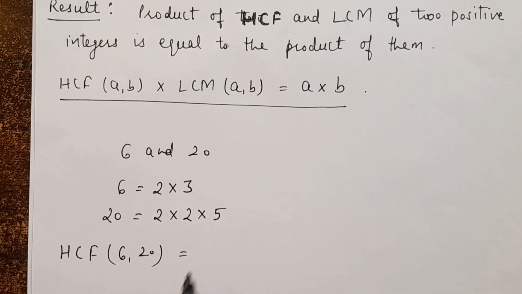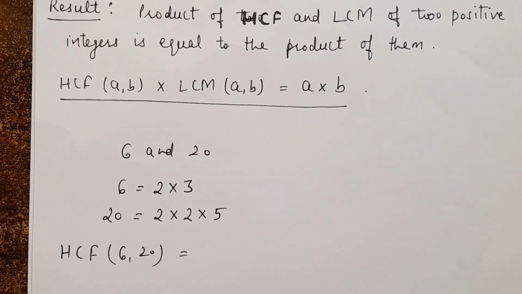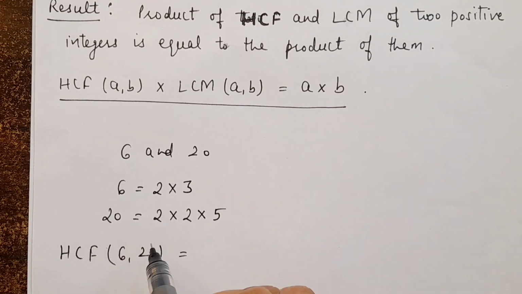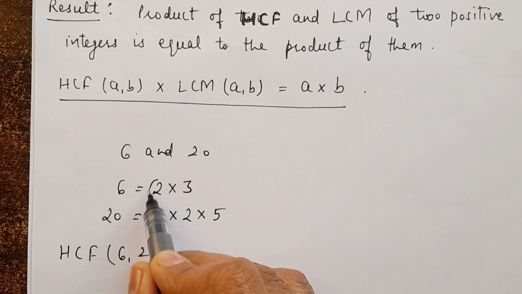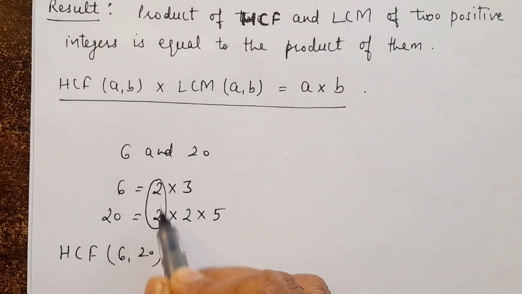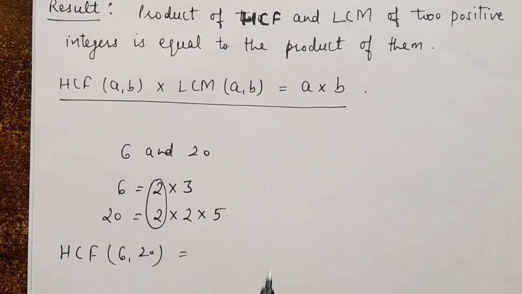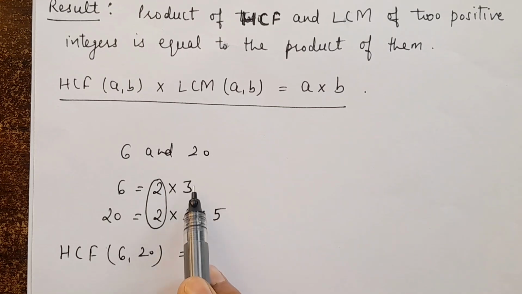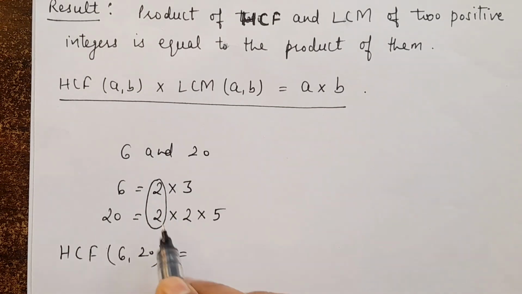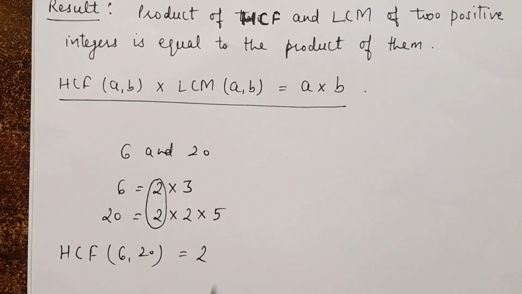HCF निकालने के लिए आपको क्या करना है? HCF हाईएस्ट कॉमन फैक्टर। सो HCF के लिए हमें ऊपर और नीचे वाले नंबर्स में से जो पेयर बनाने होते हैं, सो दिस 2 and 2 दे मेक अ पेयर, बट यहाँ 3 है ही नहीं इसके फैक्टर्स में, तो दे कांट मेक अ पेयर। ऊपर भी कोई 2 नहीं है, 5 नहीं है, तो ओनली 1 पेयर इज देयर। सो द हाईएस्ट कॉमन फैक्टर, इस पेयर में से हम इस नंबर को एक बार यहाँ लिखेंगे तो दैट इज 2। सो HCF ऑफ 6 and 20 इज 2।